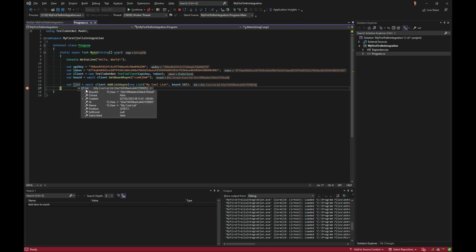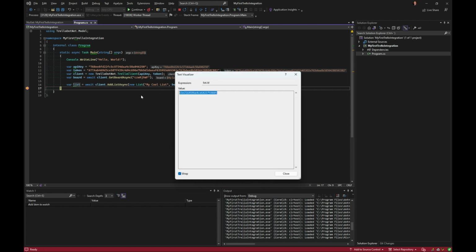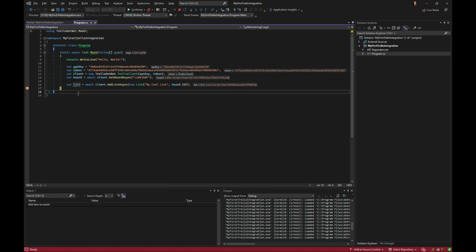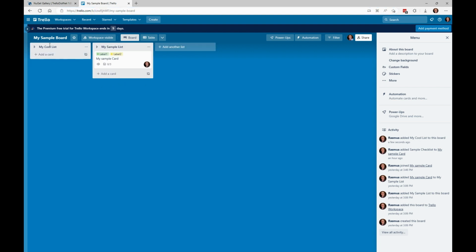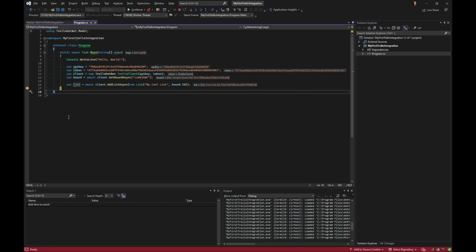And for the next things we want to do, let's quickly grab this ID, which is the list ID. And we can also see in our Trello board that we have a new my cool list over here. So very nice. Let's move on.